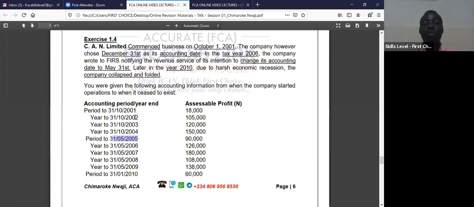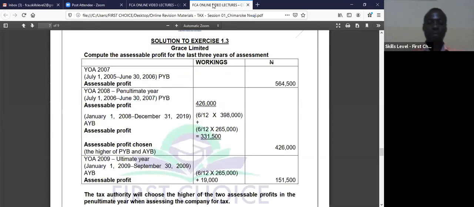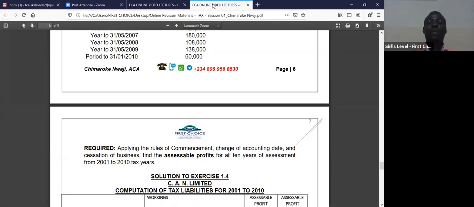So there are 2 skills you will get to do here. You are going to do the commencement rule here, and you are going to learn how to change or adjust your accounting dates, your accounting year end, when they give you something incomplete. So let's see how we're going to solve it. Let's not talk too much. Now, let's look at